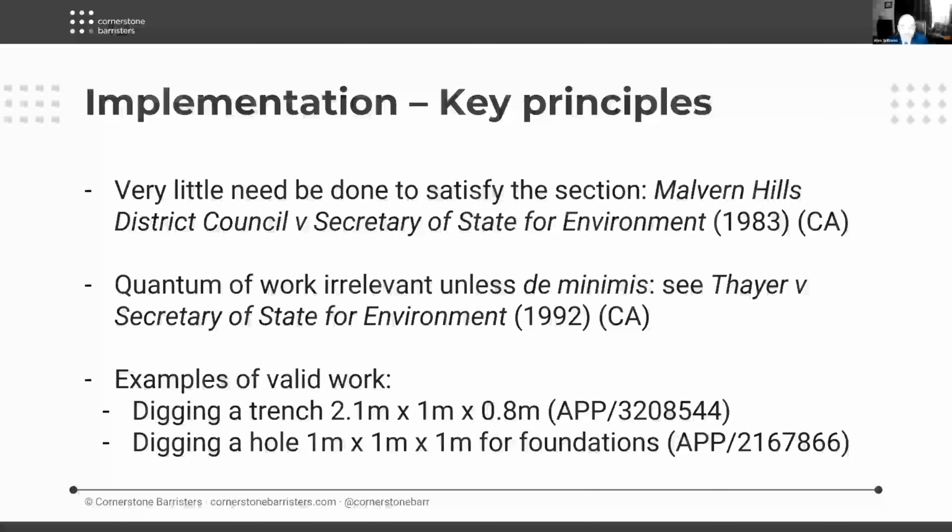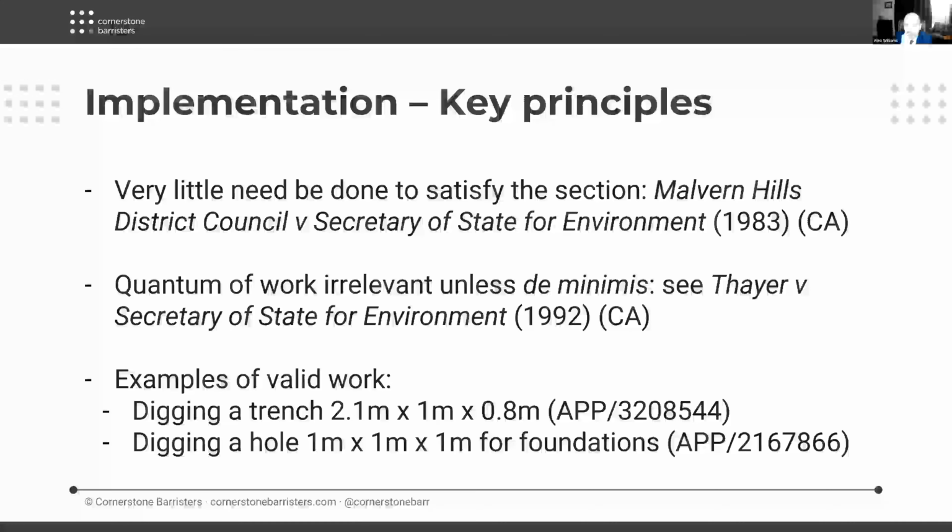And after pegging out the new road, poor weather set in and the developer couldn't do anything more. The question arose as to whether that constituted a material operation, and the Court of Appeal held that it did under what is now section 56.4d. It was an operation in the course of laying out or constructing a road. So even though the pegs weren't intended to be permanent, they nevertheless satisfied section 56.4d.